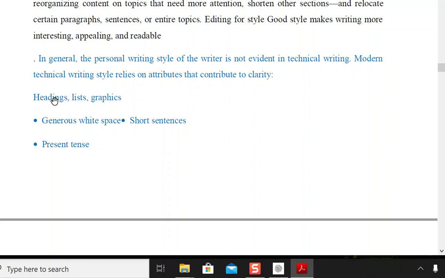Number one, headings, that they should give headings to the proper portions of their document, a long document. Fine. Lists, they should provide the lists in bullets. Meaning you are performing certain steps, you can write: put it here, drag it, place it, copy it, paste it. Fine. Graphics are used. Graphical representation in science is more important, more logical, more lucid than the general